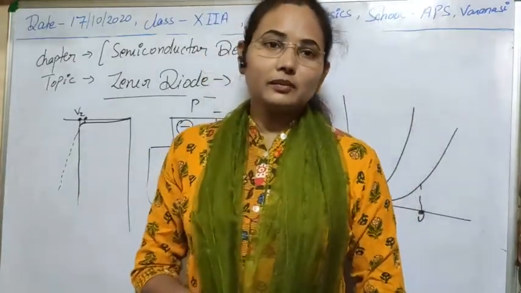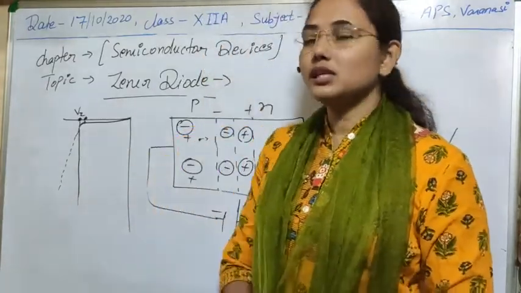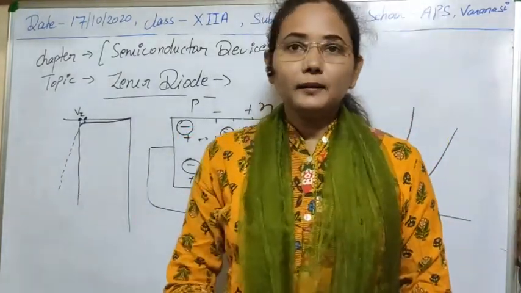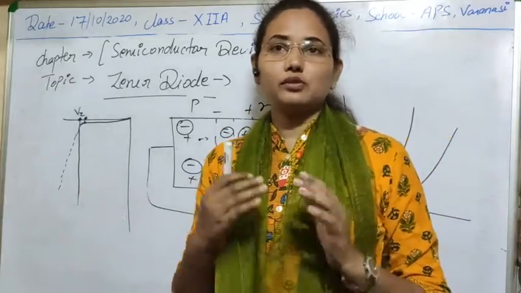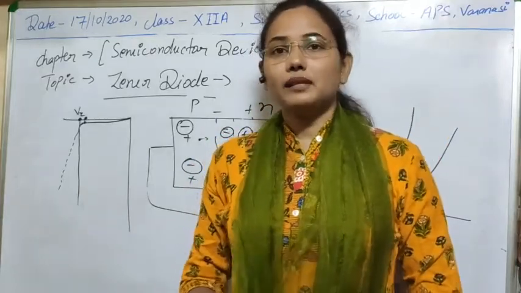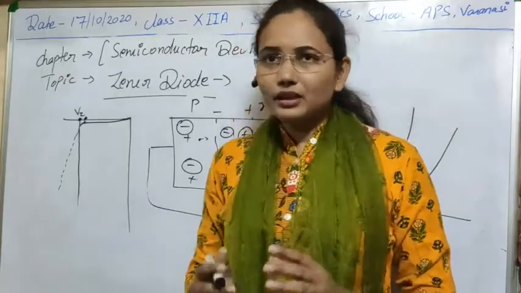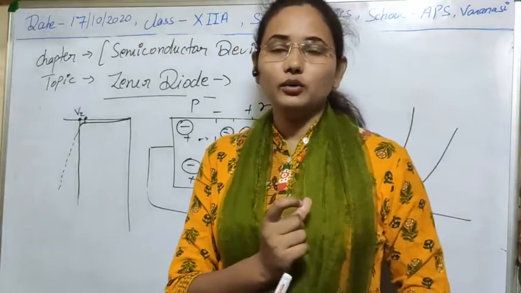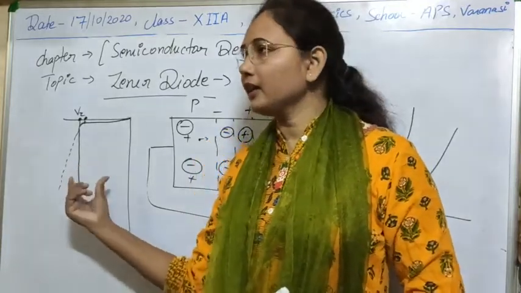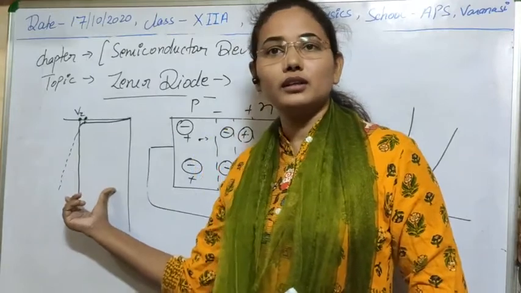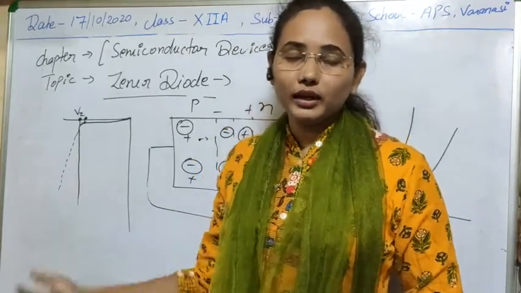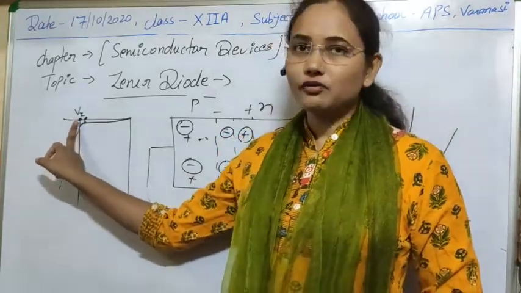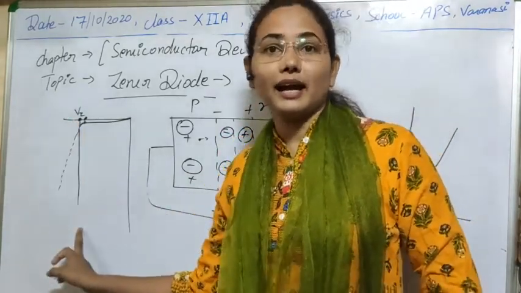So what is the process of Zener diode? Where can we use this special characteristic of Zener diode? As you know, in the case of a voltage regulator, you have heard about that, we fix voltage or current at a particular value. So if we use a Zener diode for making any voltage regulator, then at a particular voltage, if it is fixed at that voltage, the current becomes constant.